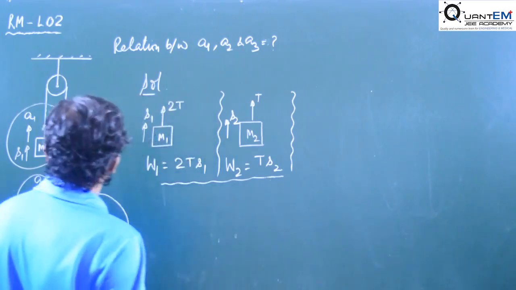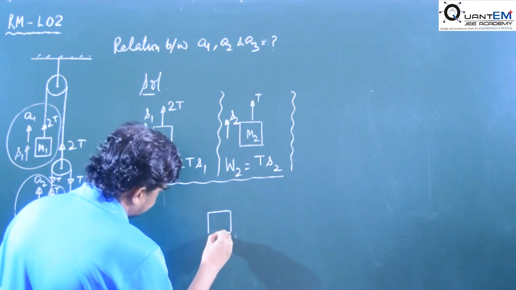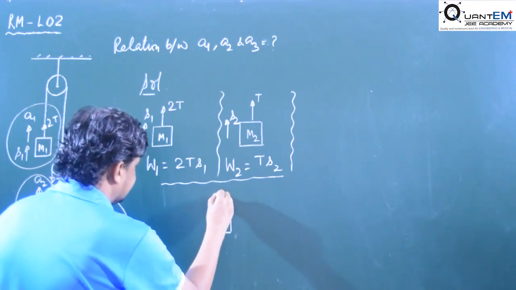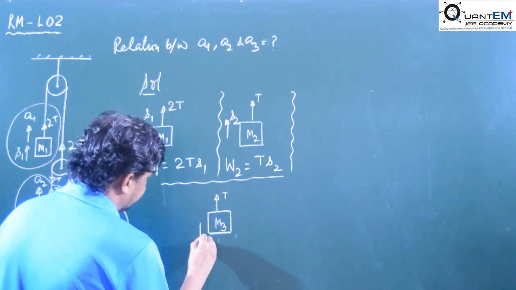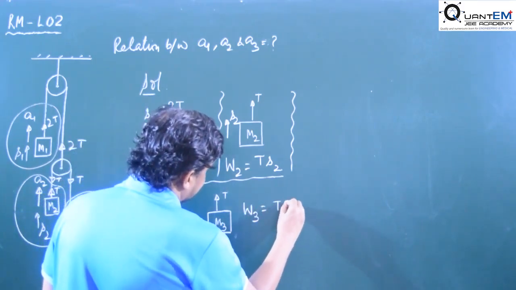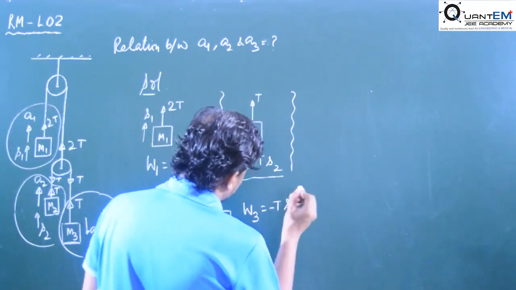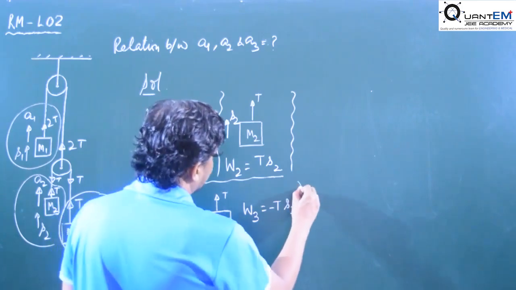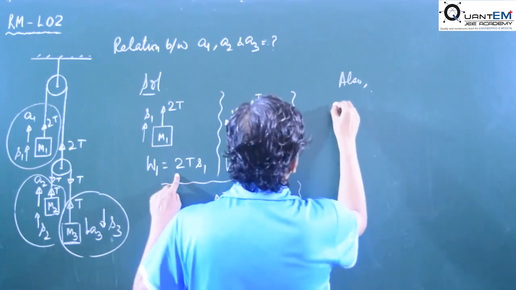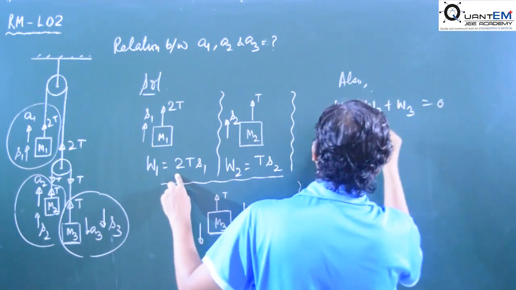Now we move to the third mass, m3. Here tension is T, but displacement is in the downward direction. So what is the amount of work done here? Tension, displacement, cos of 180 degrees, as these are in the opposite direction, so minus T s3. Now net virtual work is 0. So we have W1 plus W2 plus W3 is equal to 0. It implies that